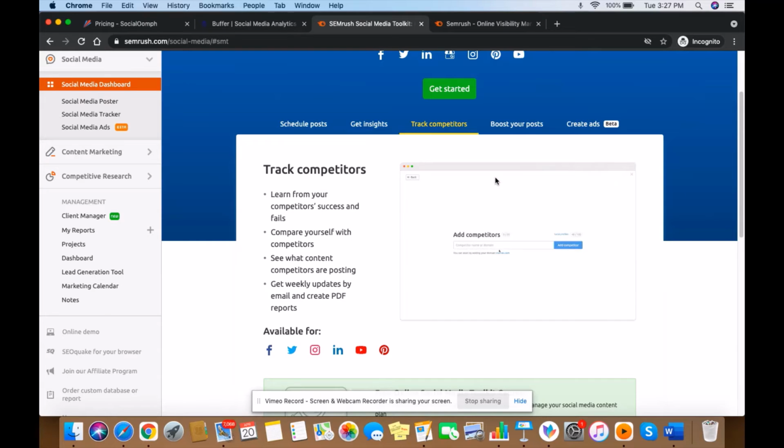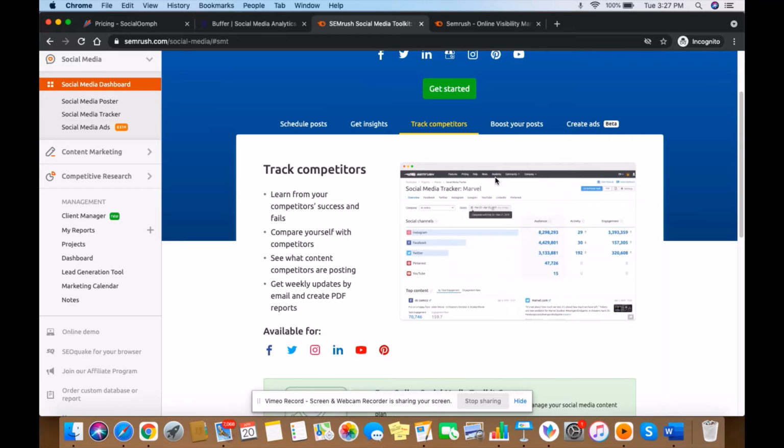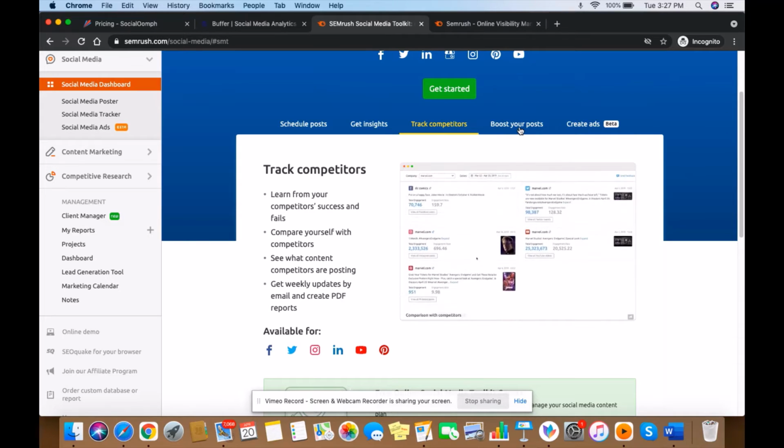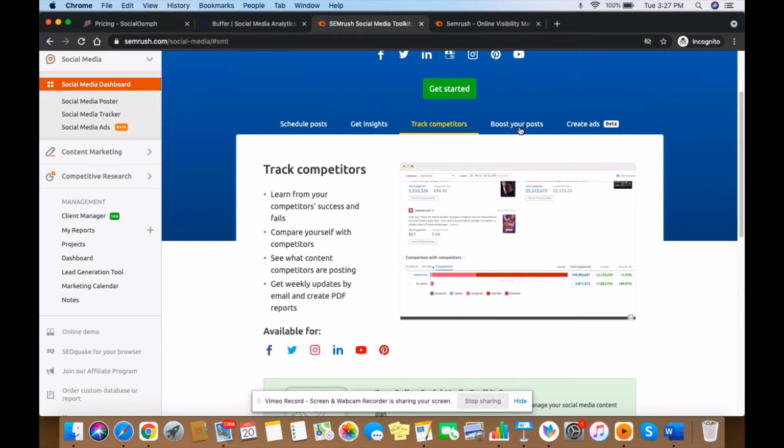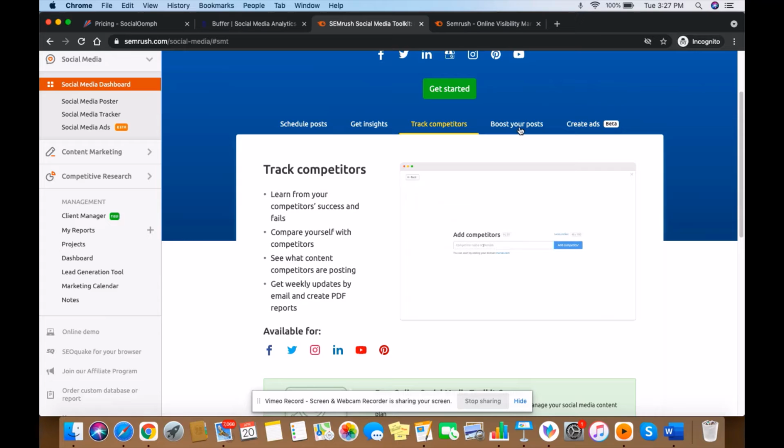Once that is done, you just save, and every week you can see the performance of your competitors. That is really an added advantage when using SEMrush, and moreover it is completely free, so you need not spend any money separately for a social media tool.